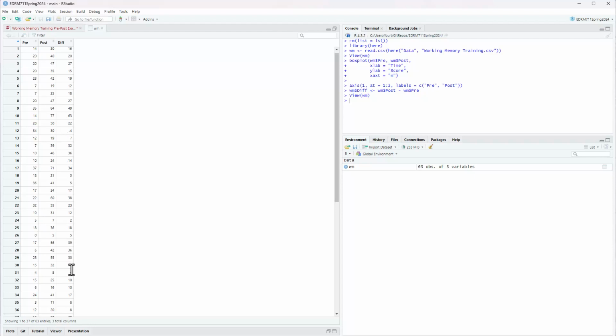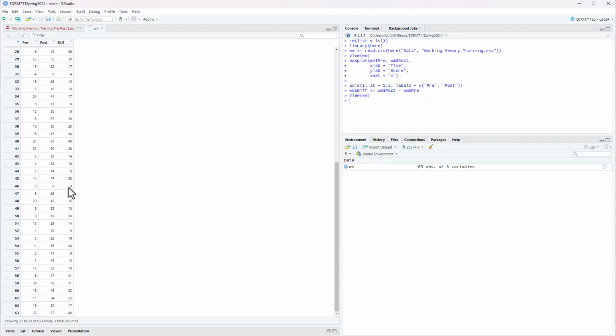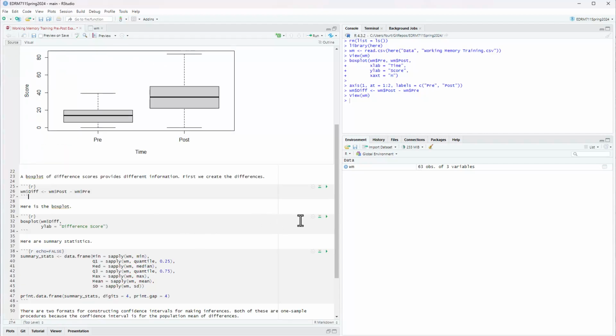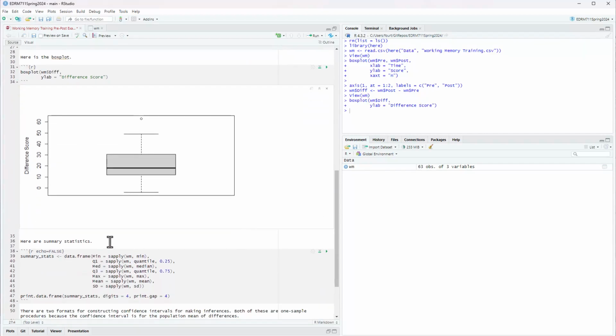Let's see if there are any zeros in here. Looking. No. Oh, here's one. So there's one person, there's two people that did not improve. One went down and one stayed the same. Everyone else went up. So when I go back and look at this box plot, it's a single box plot,